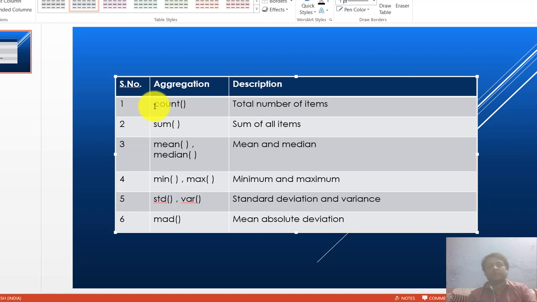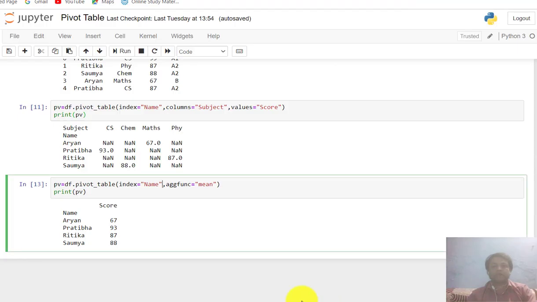So now I am performing the count method here, so you can see how you can use this. You see here, this is the pivot table, I just change this with count, so you simply place count.